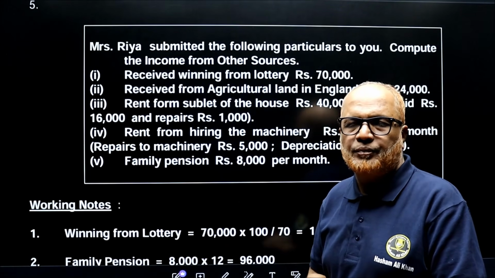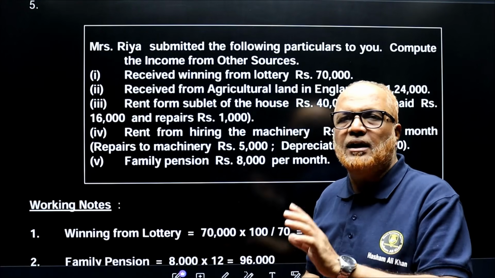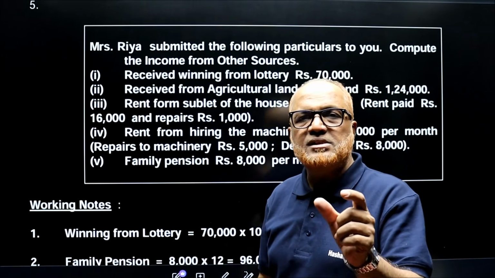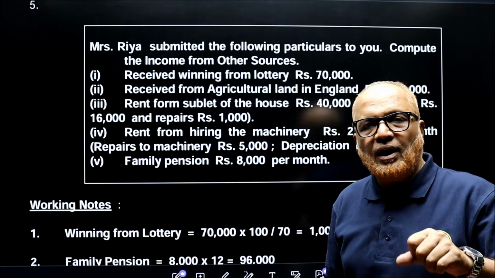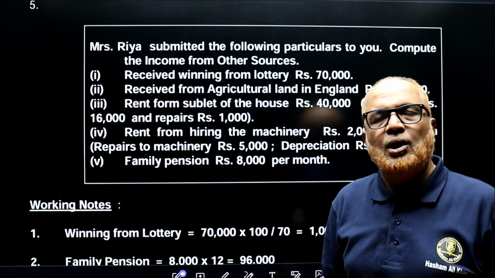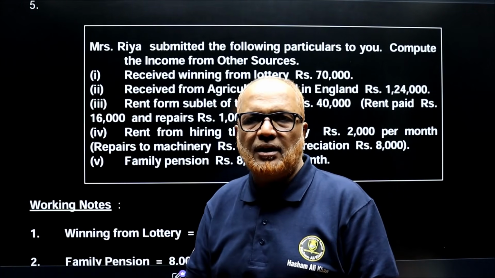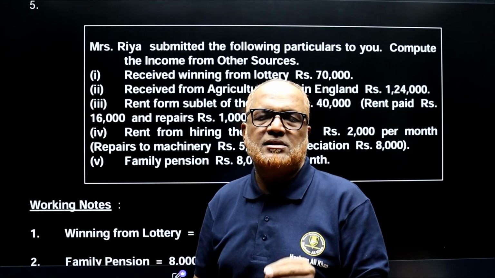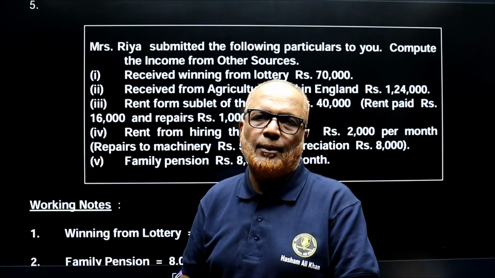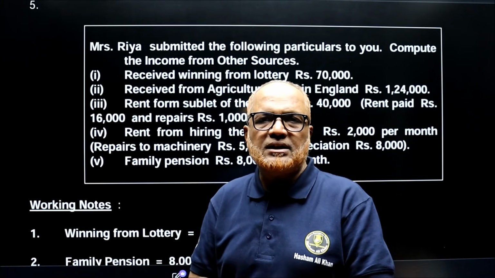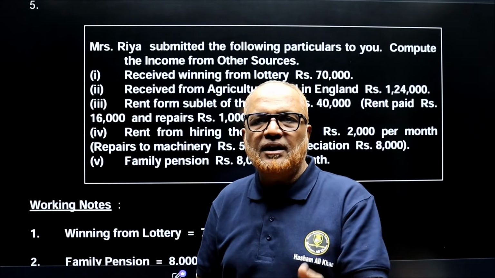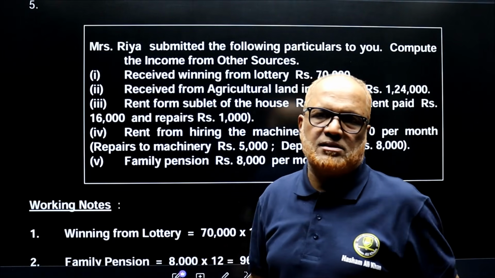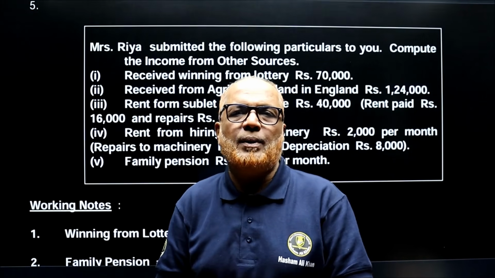is a casual income. It is taxable under the head income from other sources. But here it is given received. Received means the net amount is given. We have to find out the gross amount. What is the rate of tax on casual income? 30%. 30% is the rate of TDS on casual income. So already 30% is deducted. After deducting 30%, we got 70,000. This is the amount paid to the assessee. Now we want the grossed-up amount.